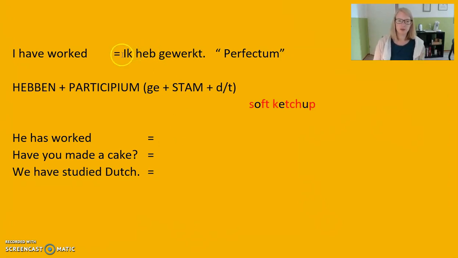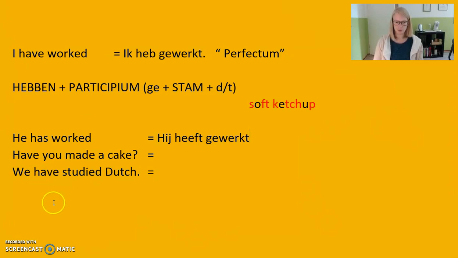So if you have extra information here, you need to put it in the middle, because this is the second verb. Okay, this is the first verb that's matching the subject. Extra info goes in the middle. So if you didn't do that, change your sentences now. Okay, let's see. He has worked. Hij heeft